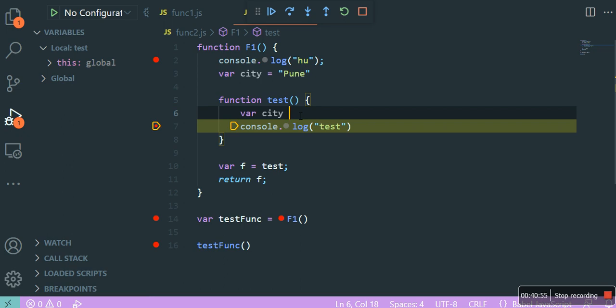But the point right now to remember is that a function can only access local variables or global variables. Any function can store only two things: one is local, one is global. And the third, the outer scope, is accessed via a mechanism known as closure. That we will cover in the next session, because that is a little more advanced topic and I don't want to mix too many things today. I want to stick to the basics.